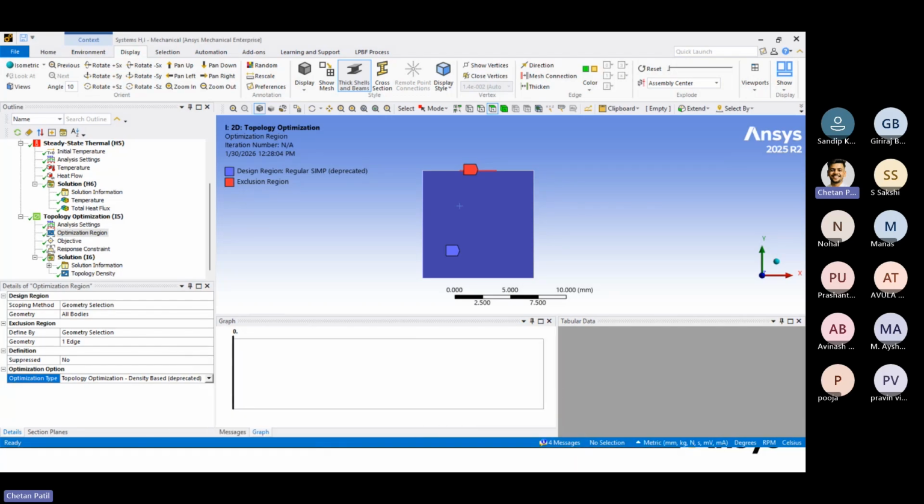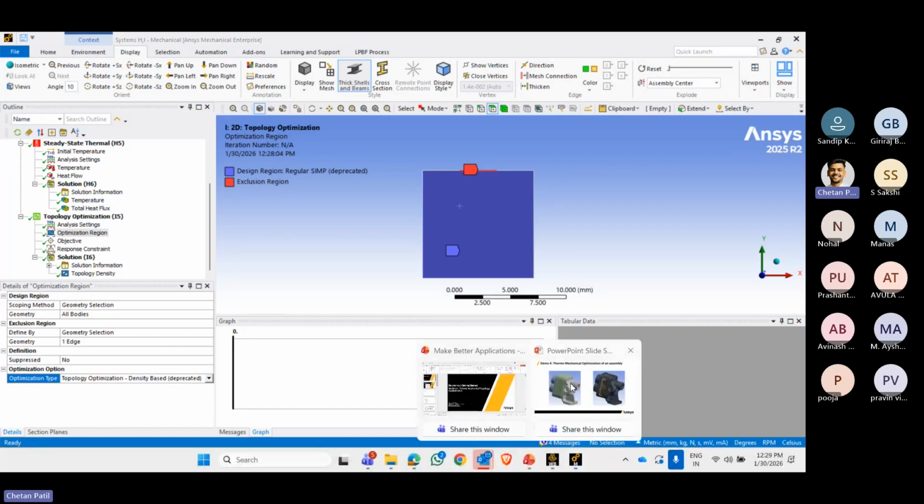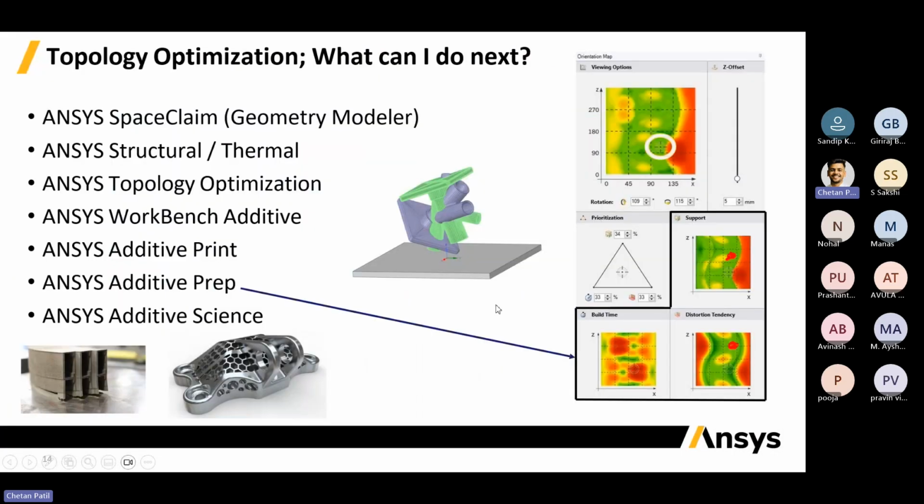So the last thing that was left to be discussed was what kind of things you can do next. Basically, what you need to know earlier, whenever you go for the optimization process, is Ansys SpaceClaim, so that you can modify the geometry. Any kind of geometry modification software is recommended to be known for the optimization process, because you even need to clean up the geometry later on. Then you need to have some understanding of structural and thermal simulations,